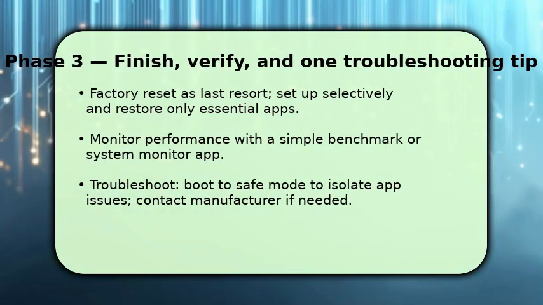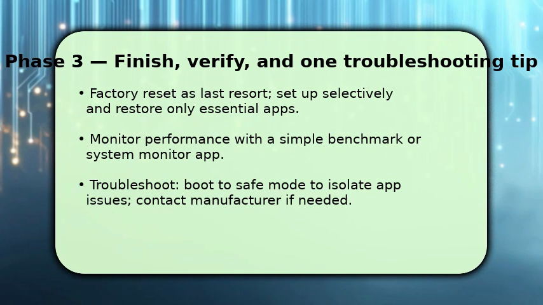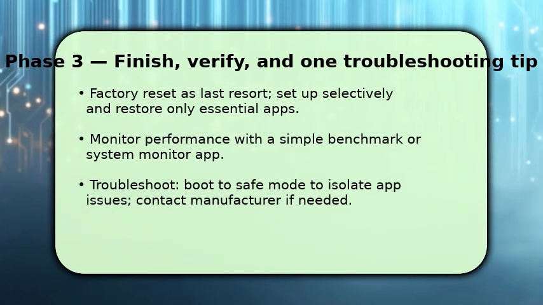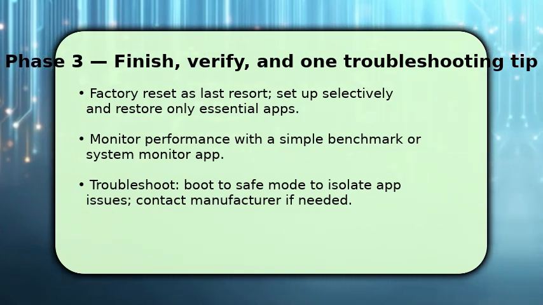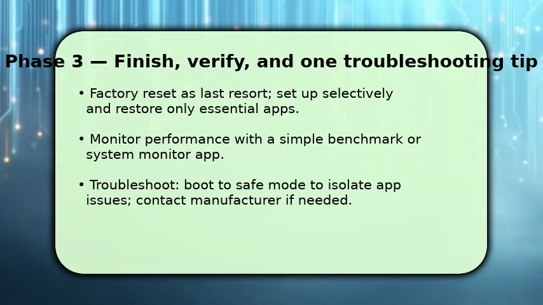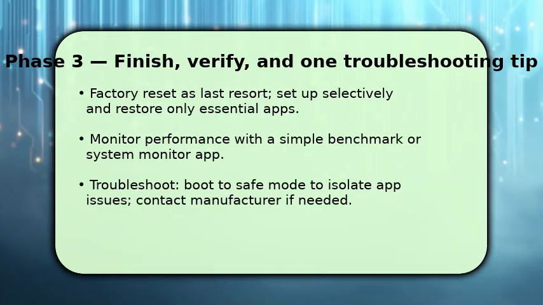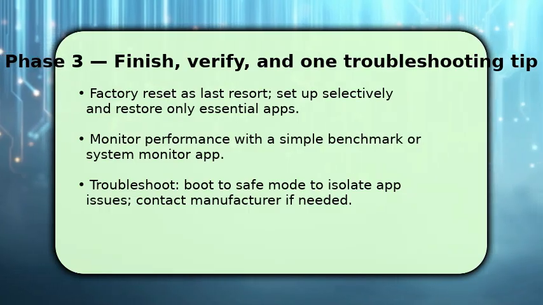To finish, perform a factory reset only if problems persist. It removes deep software clutter, and you should reinstall selectively. Keep essential apps only. Once back up, run a simple benchmark or system monitor to confirm gains and observe CPU